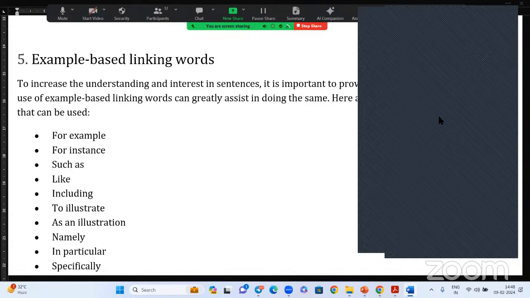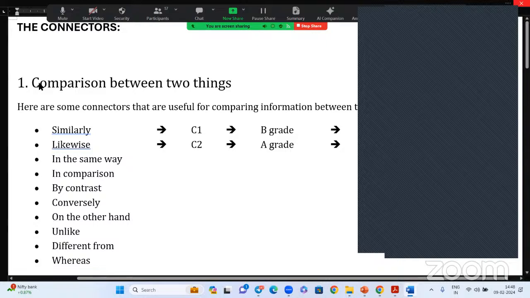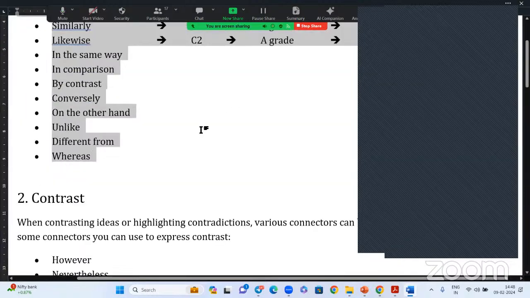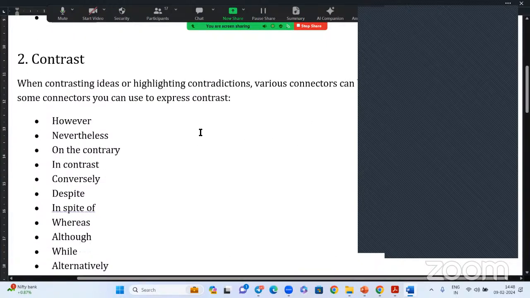Akhil Raj, unmute. Yes, sir. I'll give you this list of words. You can send it in groups, and every day you can ask the students to make as many sentences as possible using them. One day you can use the first group, such as comparison between two things, in the class. You can generate the activity. Mira is already doing these activities, so you can assist her with these things.